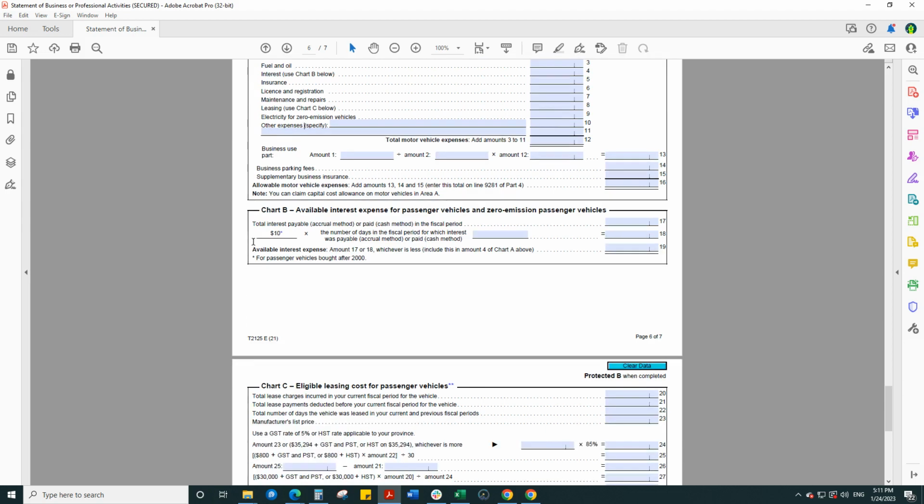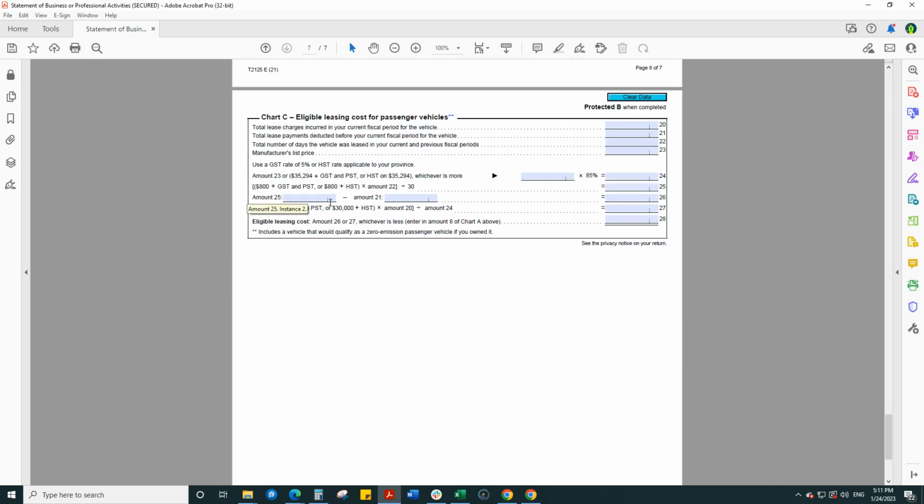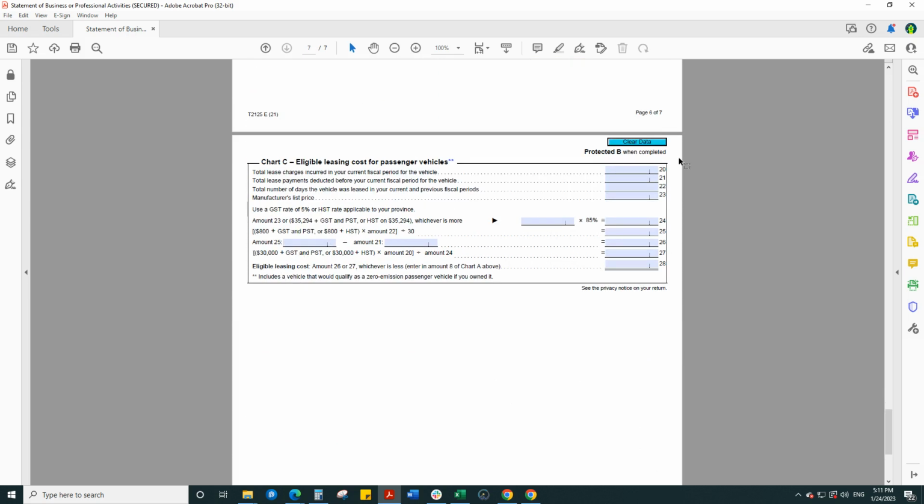And let's see what else we have. So we have lease expenses. When it comes to leasing your vehicle, it's not as simple